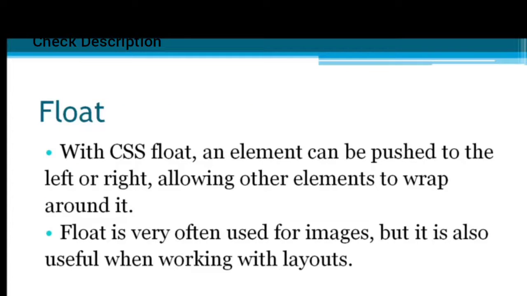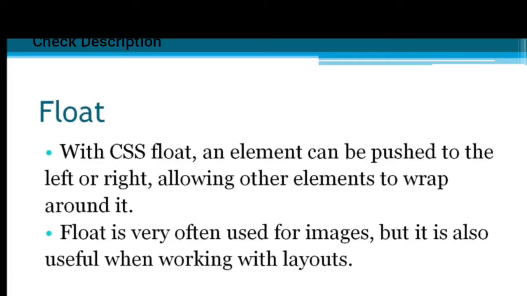The next property we will be learning about is the float property. There are times when the browser's normal layout simply doesn't position an element the way we want. Like if we want multiple columns of text, or we want an image on the side of the page with the text wrapping around it, then none of these layouts can be achieved with the CSS properties that we have learned so far. In this section we will learn about float, which is useful for precisely this kind of situation, like if you want to put the image to the left and wrap the text after it.